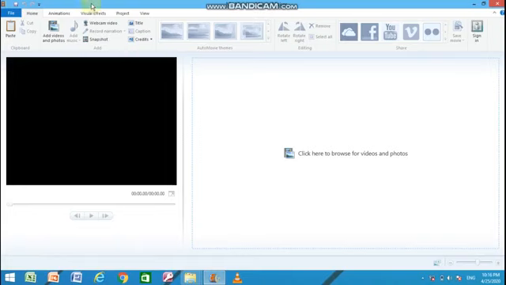Title bar. It is located at the top of the Windows Movie Maker window. It displays the project name and the application's title. It also has some buttons like minimize, maximize and close button. Just below it,